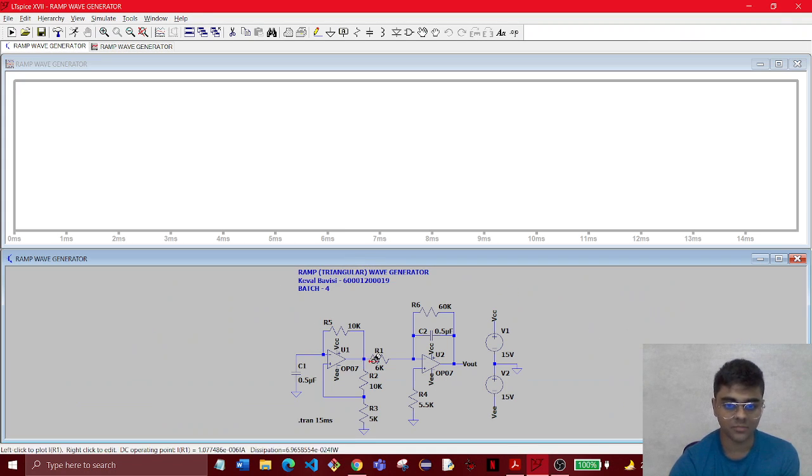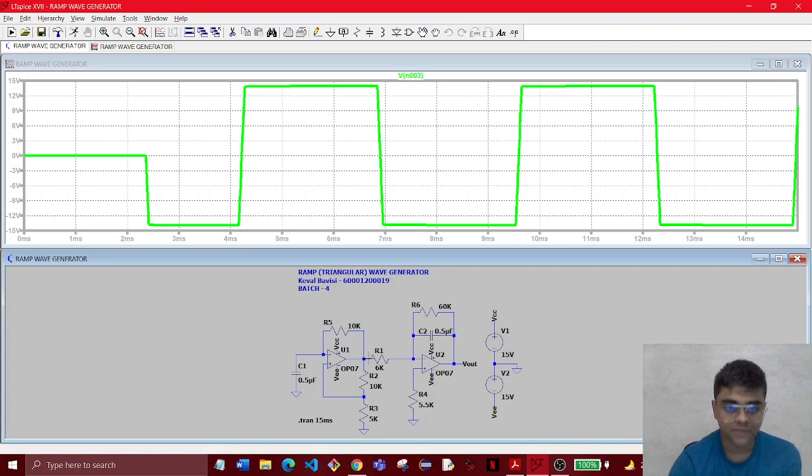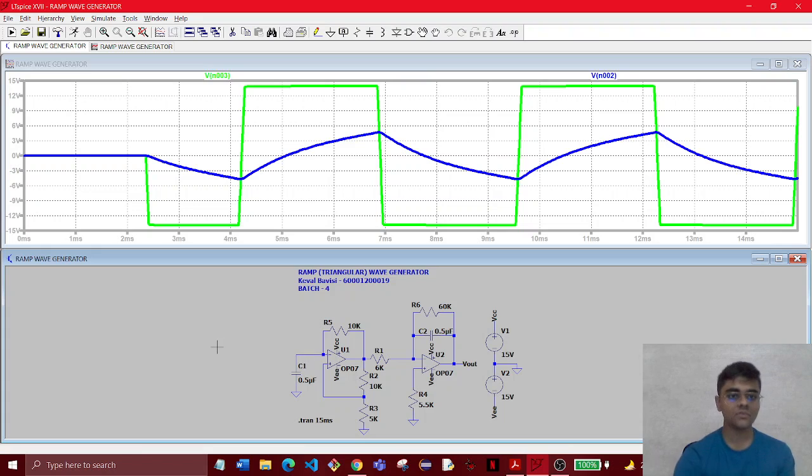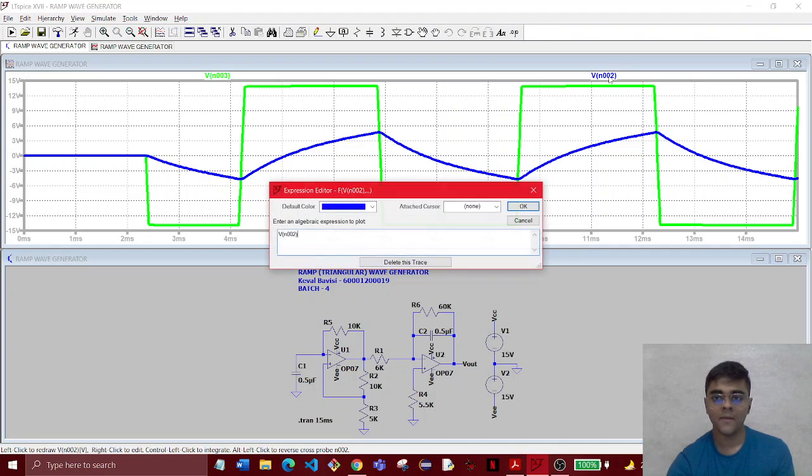So this will be our input before R1, as I said. Let's check it. Yes, this was the output that we were getting at the end of the astable multivibrator, and to check it we can see if the charging and discharging of the capacitor is in sync with it. Yeah, as we can see, the discharging and charging of the capacitor are in sync with the positive and negative Vsat, hence the output is correct.